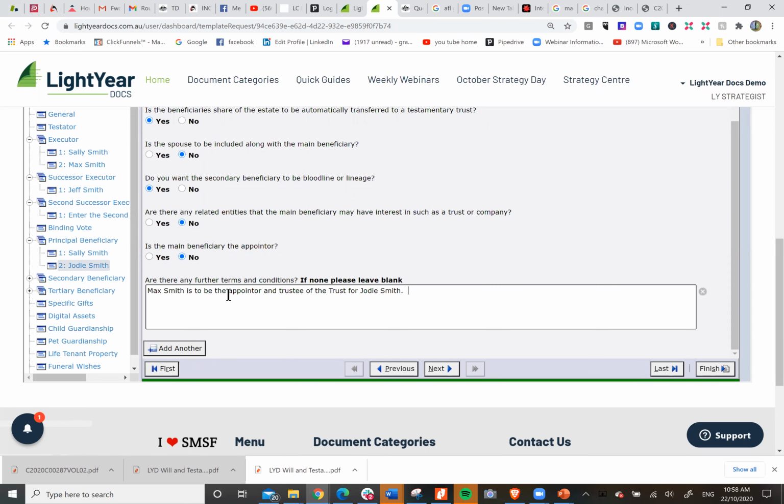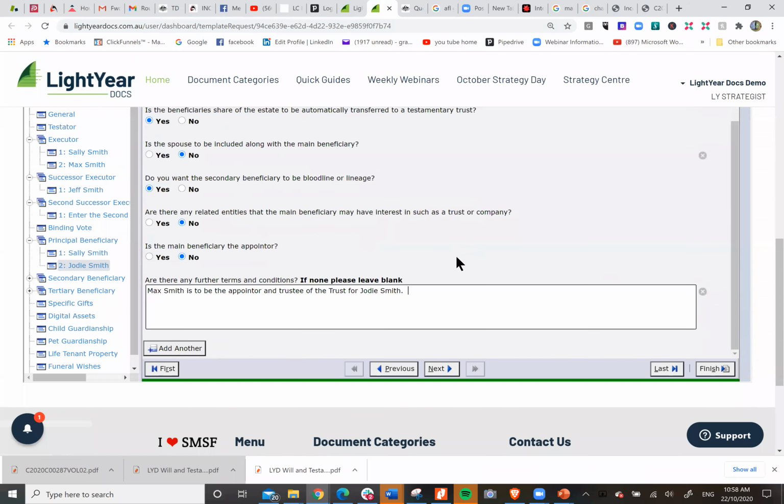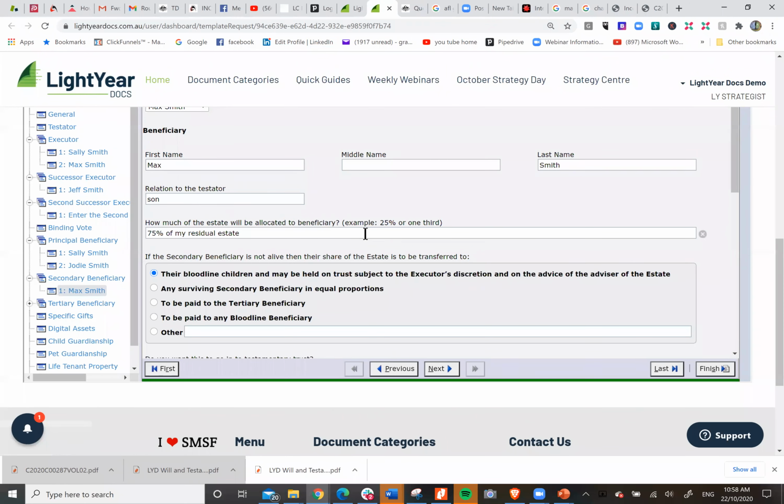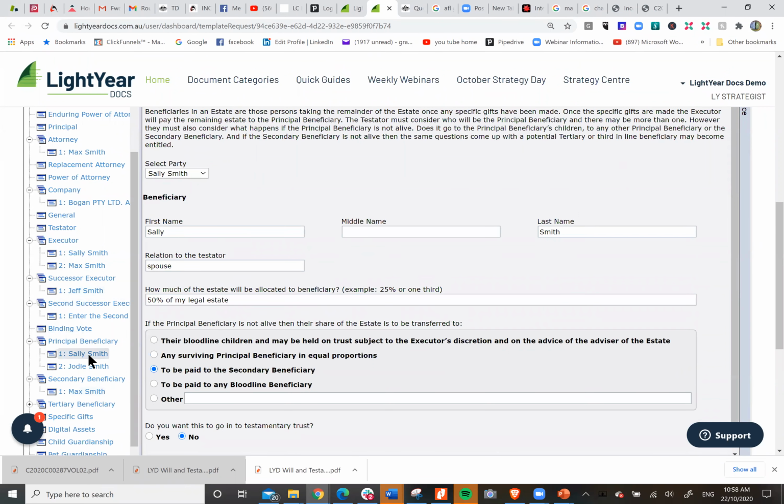And I think that's basically it. So that's the testamentary trust, the terms and conditions. I'm going to come back and have a look at that. The secondary beneficiary is Max Smith. So for example, if Sally's not alive, it goes to the secondary beneficiary.